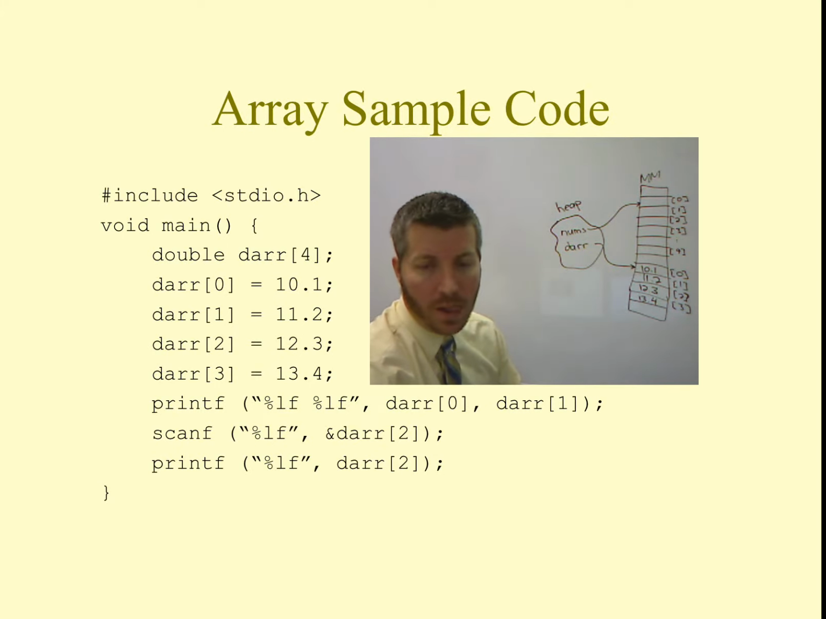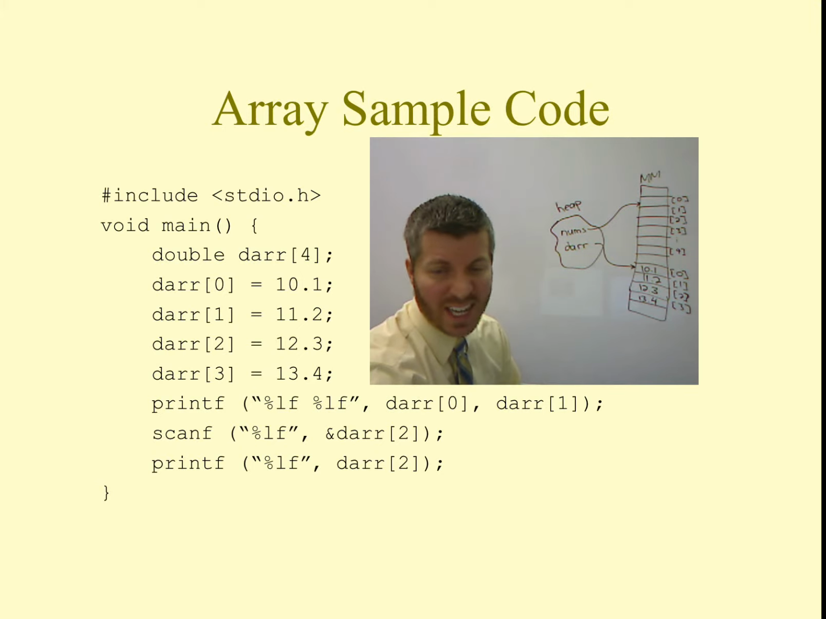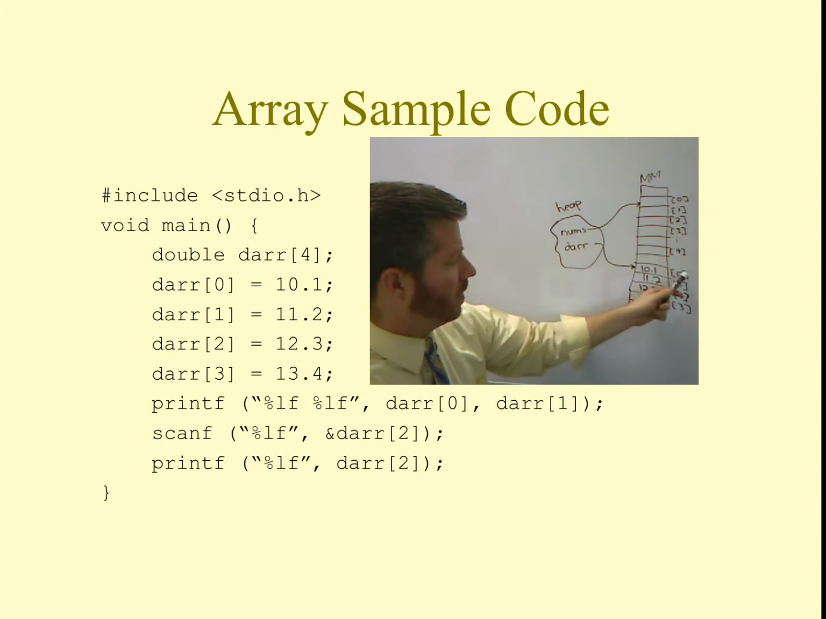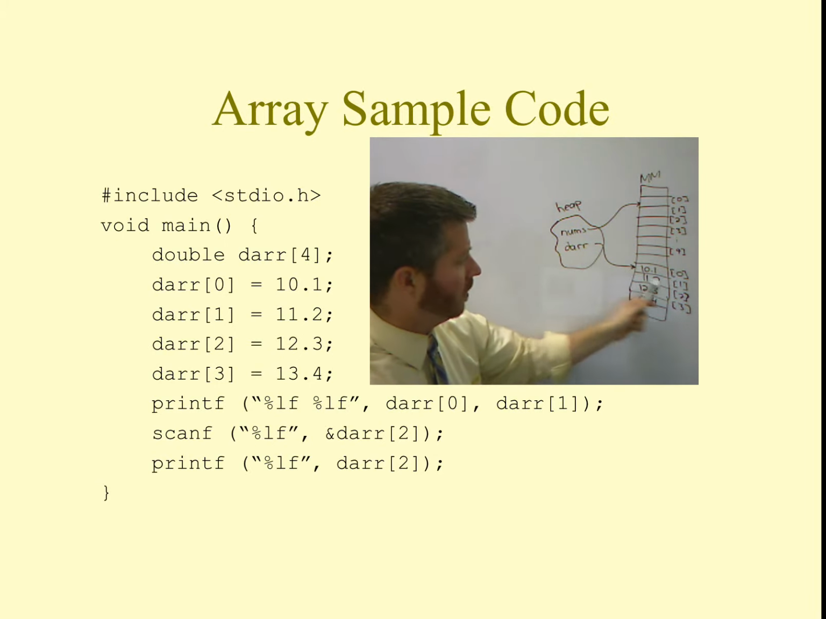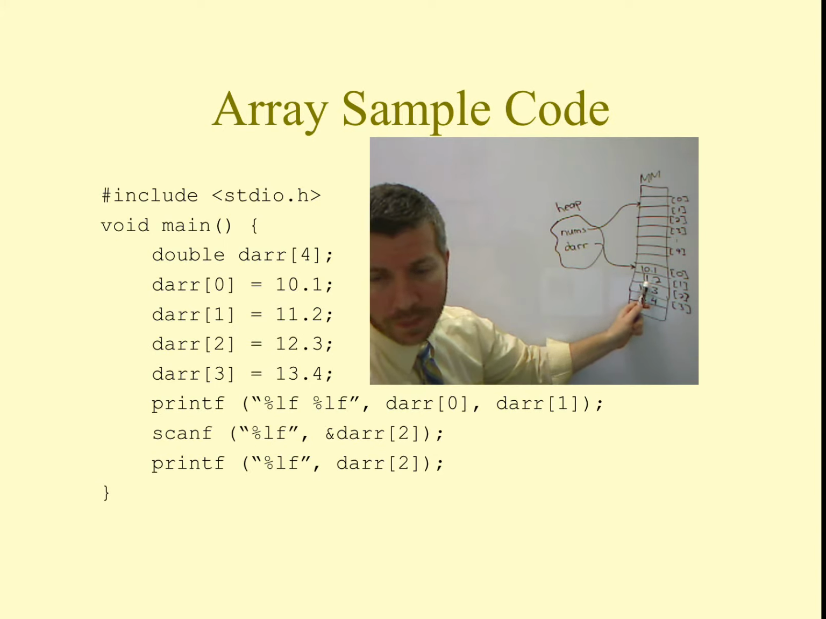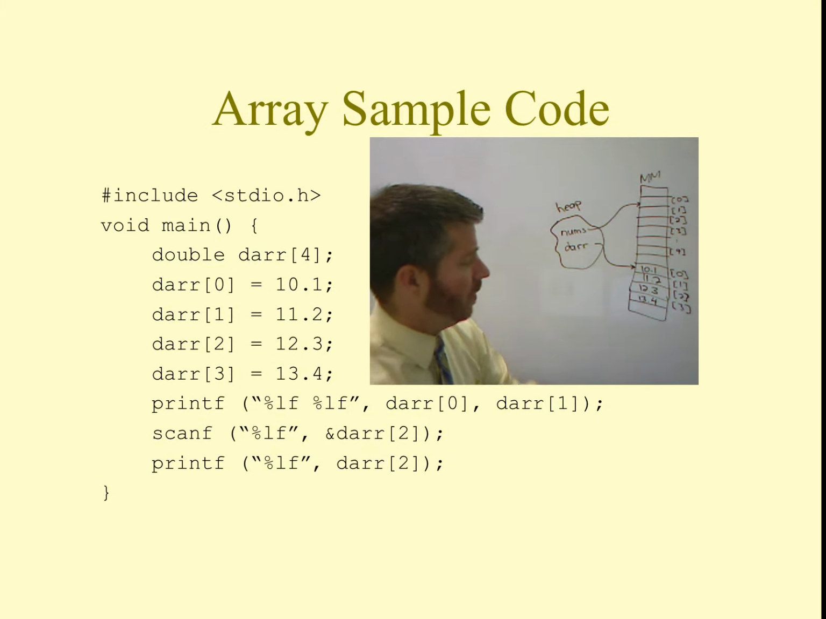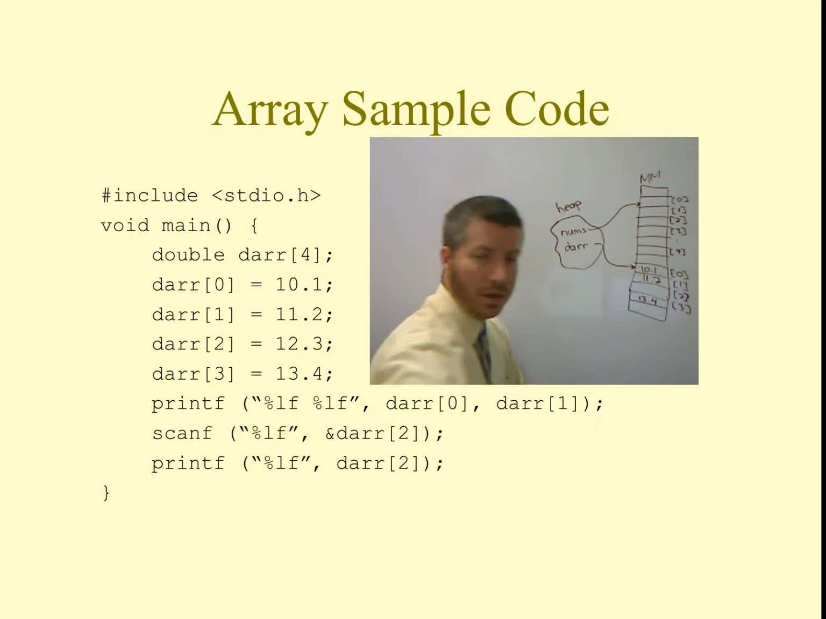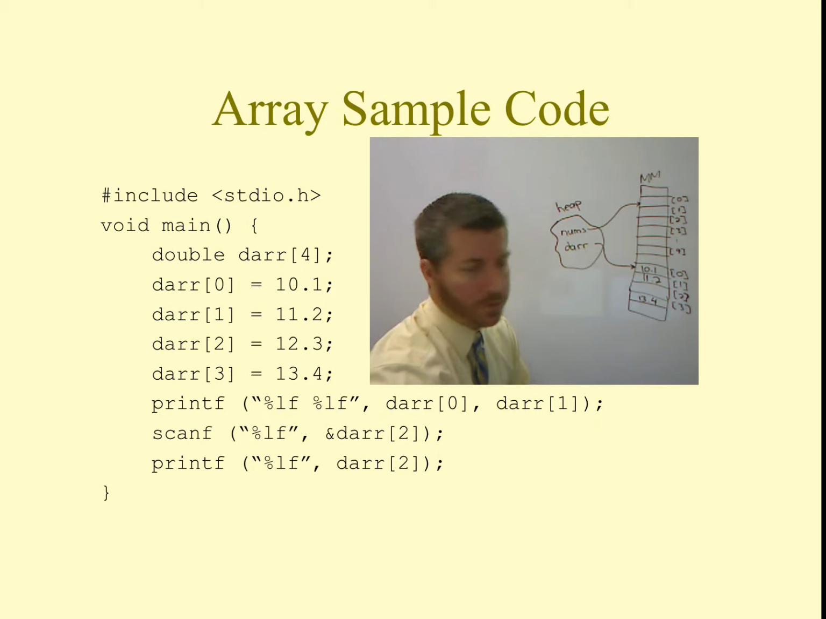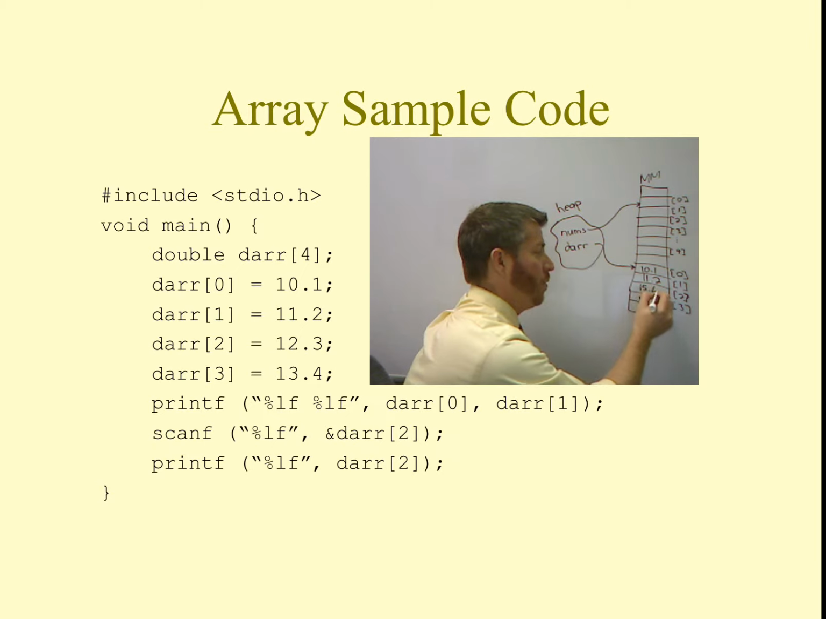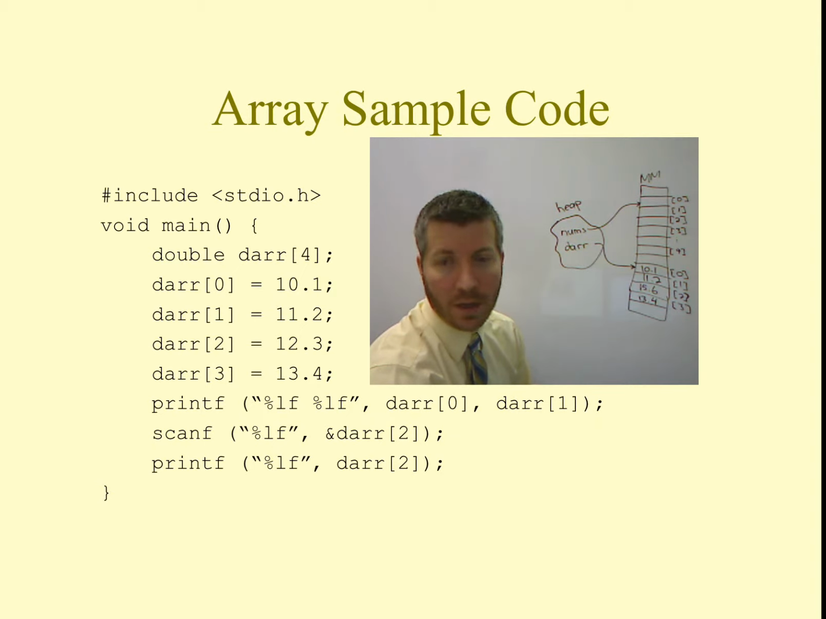13.4. When we do a printout on %lf, this is a long float, which is a double, dar sub 0, we get dar sub 0 is 10.1, dar sub 1 is 11.2. On the next line we do a scanf, and you see it's a %lf, it's a long float, so we're reading in a double, and we have the ampersand dar sub 2. So when we read in that value from the user, it's going to go into this location right here, dar sub 2. We're going to read in a value from the user. Let's say that they typed in 15.6, and then that's what we would print out on the last line of